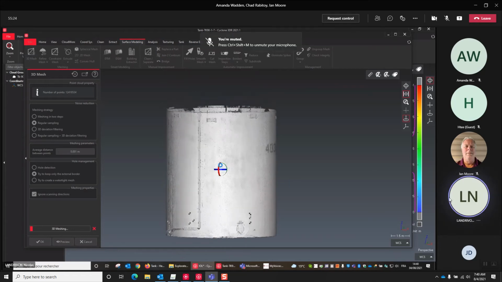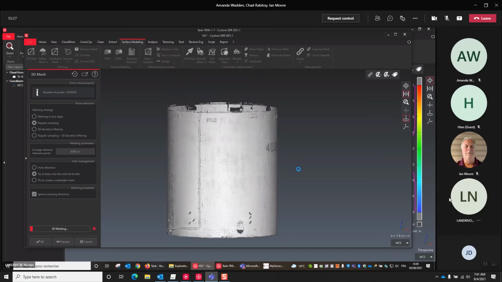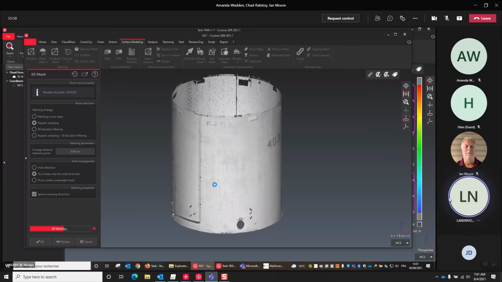Scanning direction could be very interesting if there are two scans, both inside and outside. In this case, you can have even a thin wall. If you use the scanning direction, the mesh should consider the good surface from the other one. But here it's only from the outside, so the scanning direction is mixed up, and this is why it is not good to use that parameter.